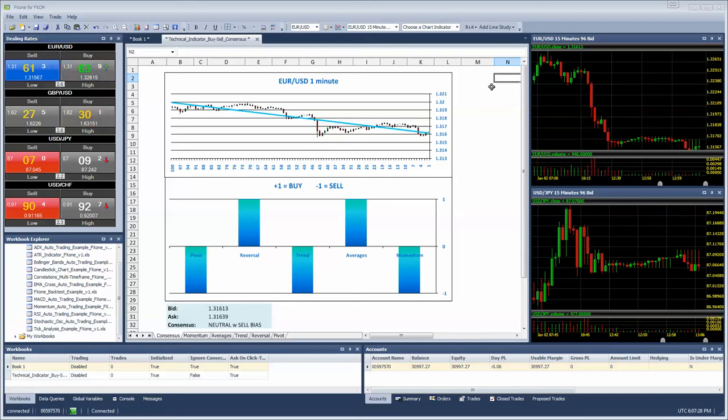And one of the things that a lot of people like to do is create the indicators longhand within the spreadsheet so they have full control over all the calculations and every aspect of the math and functionality of those indicators. And we'll see an example of that now underlying this top sheet here, which is the consensus indicator